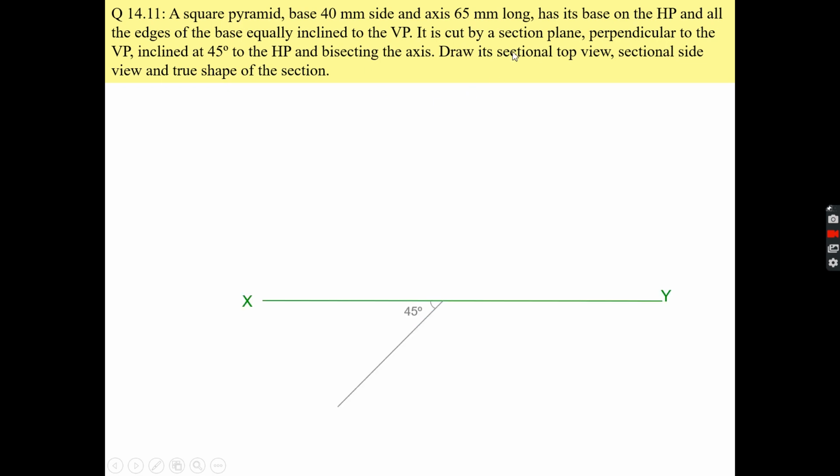Okay, so first we have to draw the base of the square pyramid. So this is your base, which is equally inclined to the vertical plane, and now we are making the front view of that pyramid.